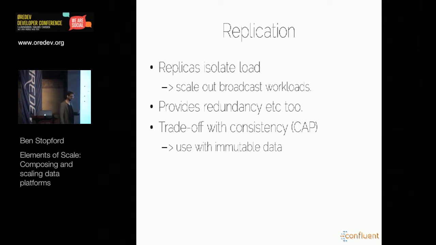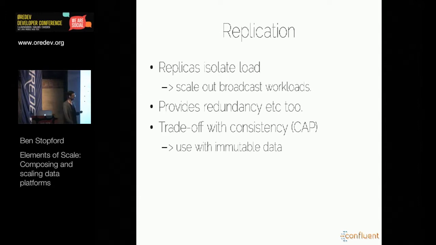The problem with replicas is you have to keep them in sync. And that leads you down to this consistency issue, which was made popular by Brewer's CAP theorem. Who's familiar with CAP theorem? Okay, we've got a few.